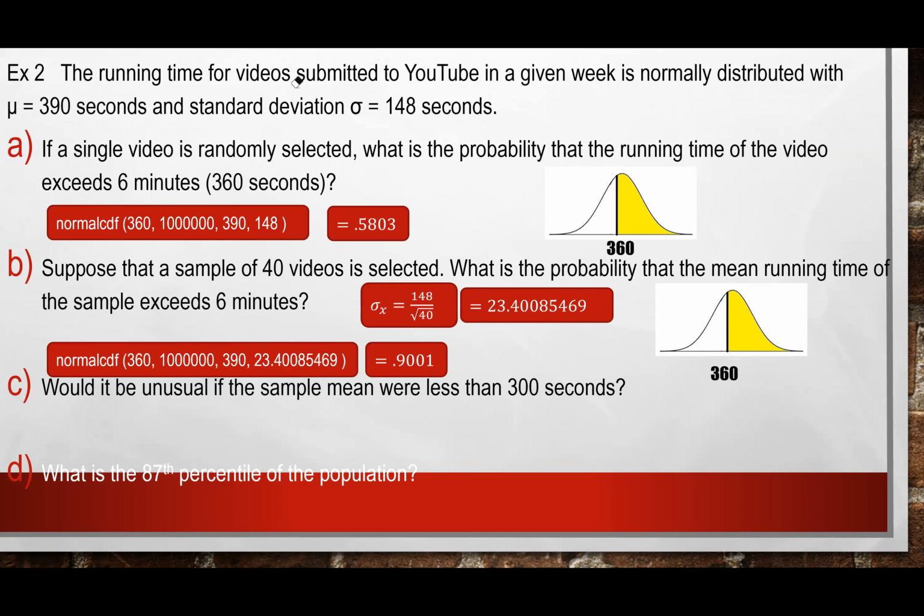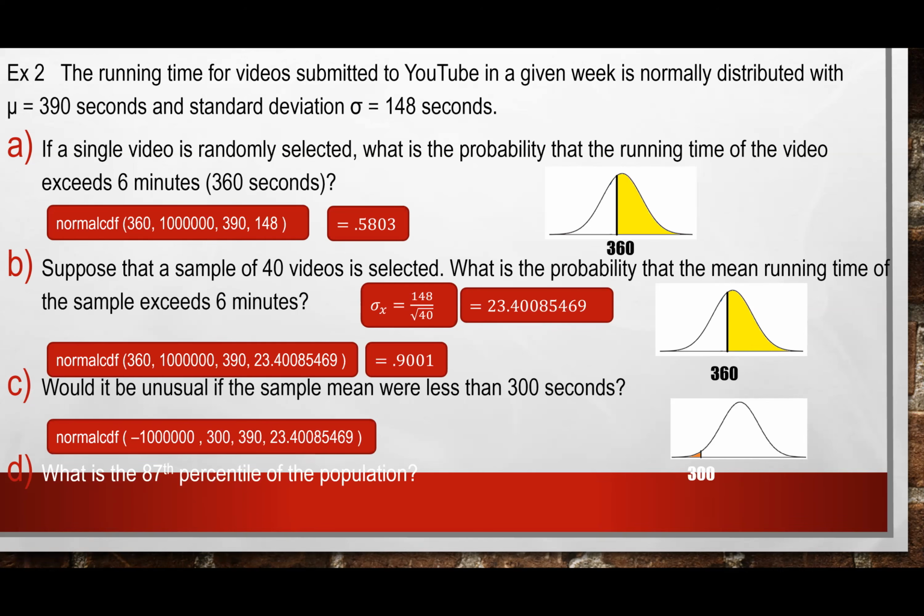So we know that we're looking for anything below 300. If you do this, you put in negative a million or negative 10 million, then 300, and the mean is 390, and the standard deviation is the adjusted standard error, which is